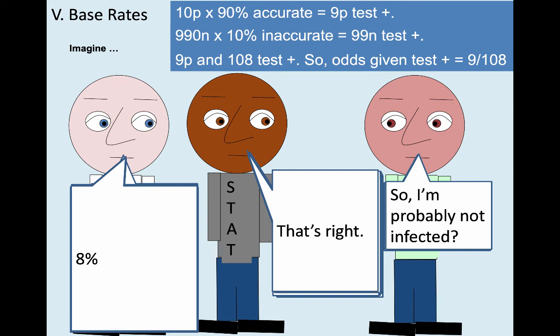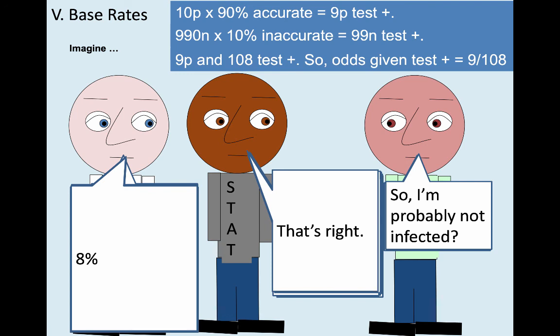So given a neutral description, you'd want to say, well, there's a 30% chance the person's an engineer and a 70% chance the person is a lawyer. Well, it's the same kind of thing. The accuracy of the test is kind of like the descriptive information. We want to let it dominate our decision making. And the background frequency, the prevalence in the population of 1% is the base rate. It's that background frequency. It's the kind of mere statistical information from our point of view that we tend to